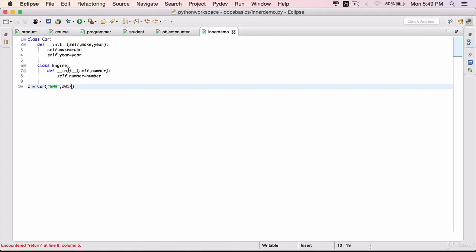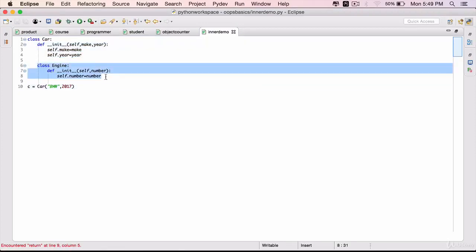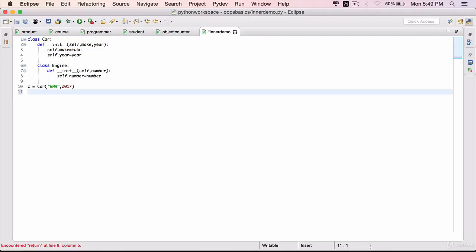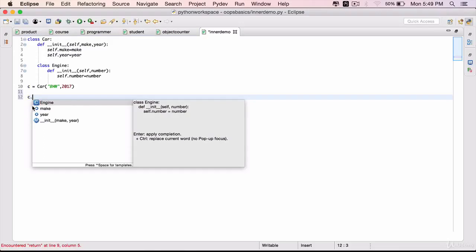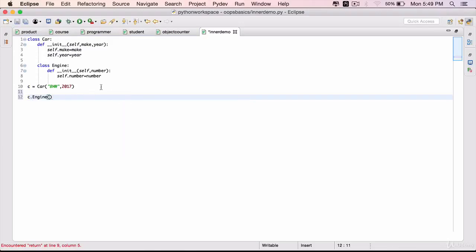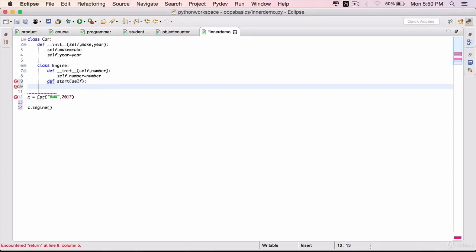Now let's create objects of these classes. C is equal to car. And you need to pass in the make within double quotes, let's say BMW, comma, the year, let's say 2017. So you have created an instance of car. Now to create an instance of engine here, we'll have to use the outer class name C or the object dot engine. So you need an object of the outer class to create an object of the inner class,